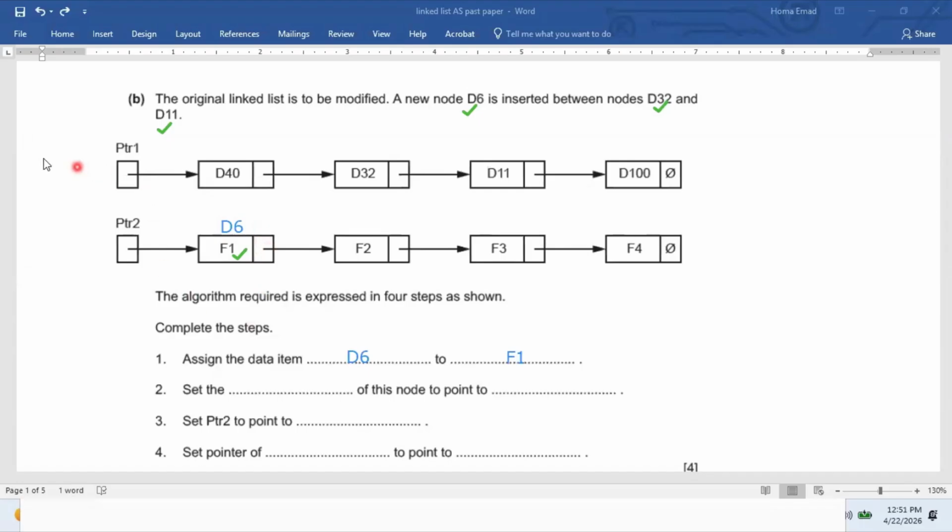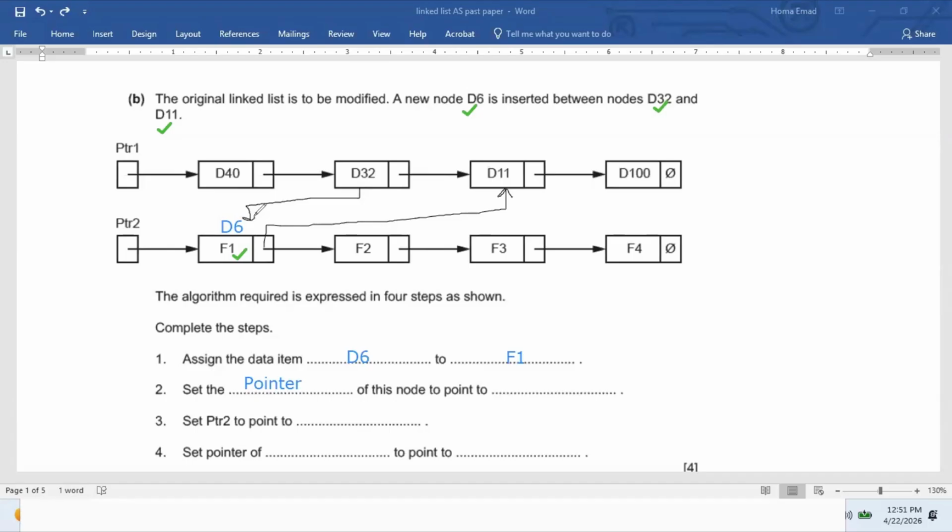Where should it point? Actually this should be now pointing to D11, because D6 is inserted between D32 and D11. So this should be pointing to now D11. Okay? And D32 should be now pointing to D6,